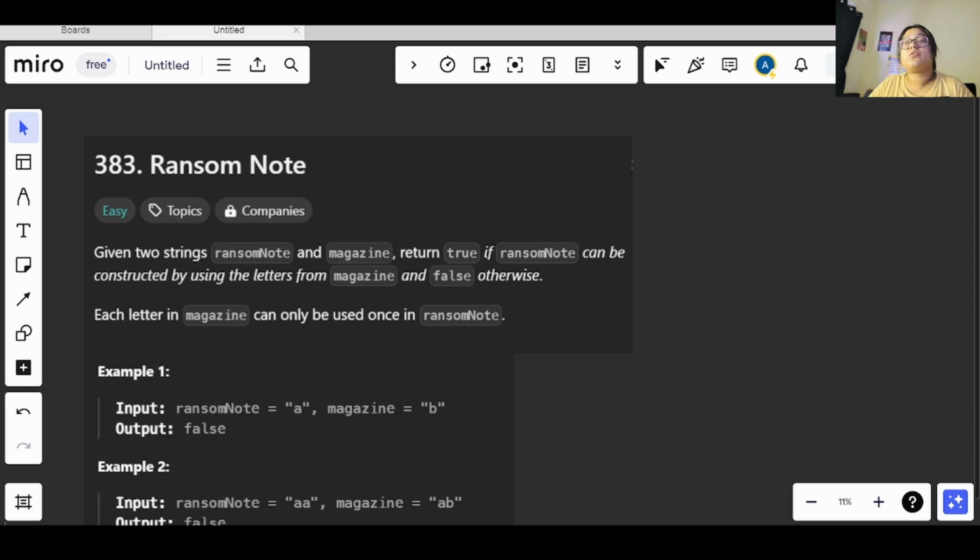Today we are going to see a new question in our DSA in Python playlist, and the question name is Ransom Note. This is an easy level question. Now we had discussed hash map, right? So we will be implementing some of the questions related to that only. Now let's move on to the problem description.